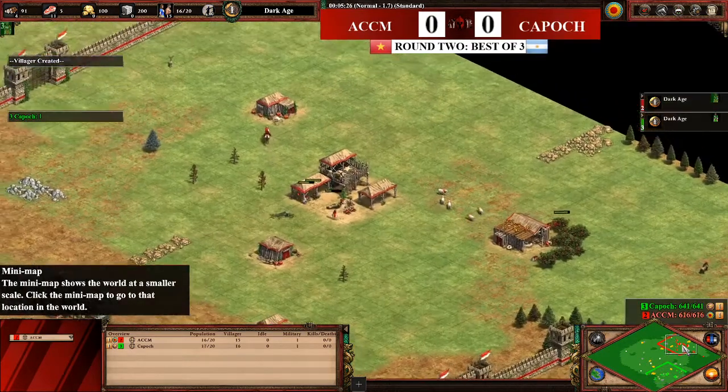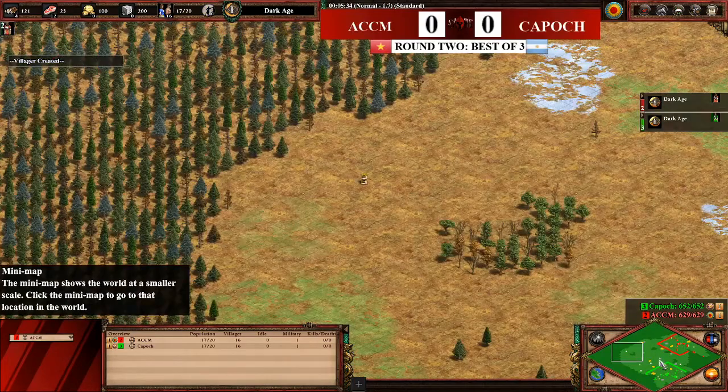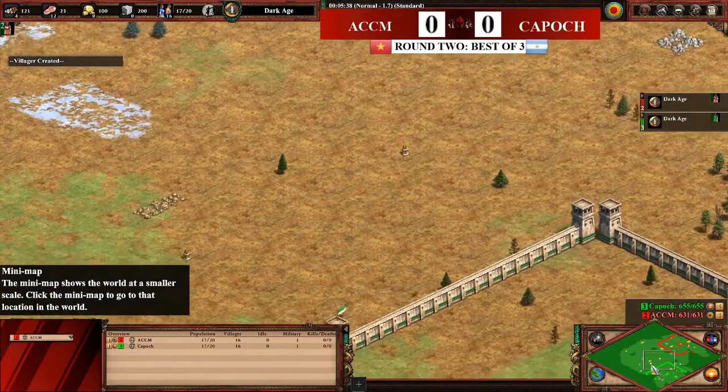Now, the next thing I want to talk about is the relic positions. Because looking at the minimap, I can see